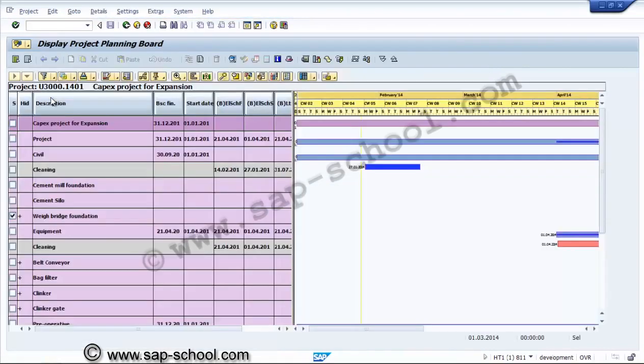We can see the planning board here, with a separate color indicating the activities which are assigned over here.